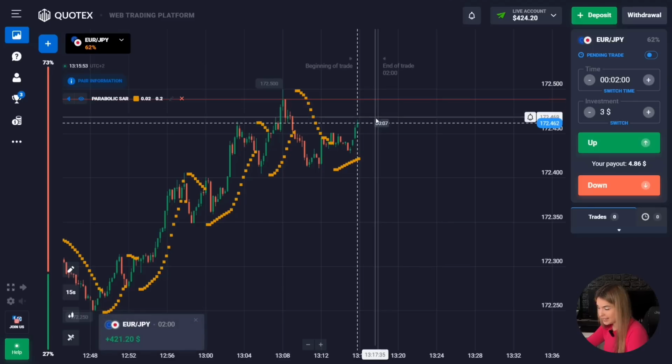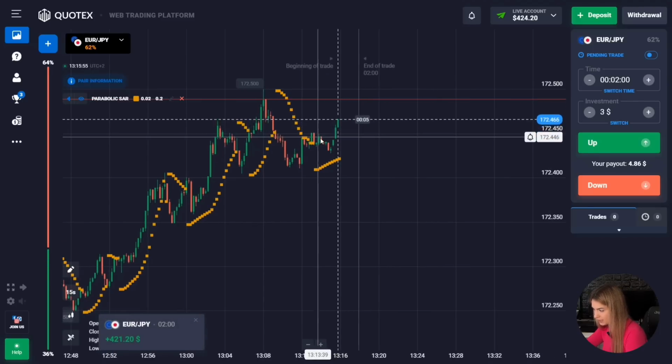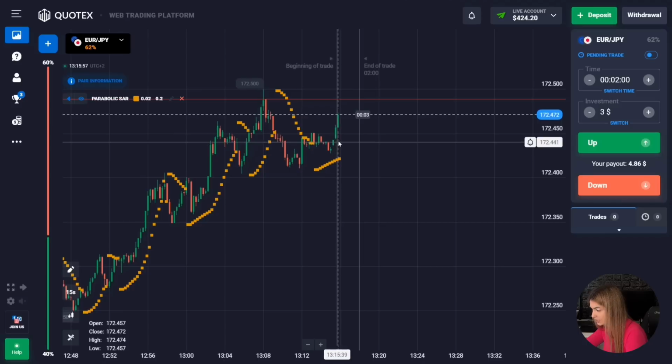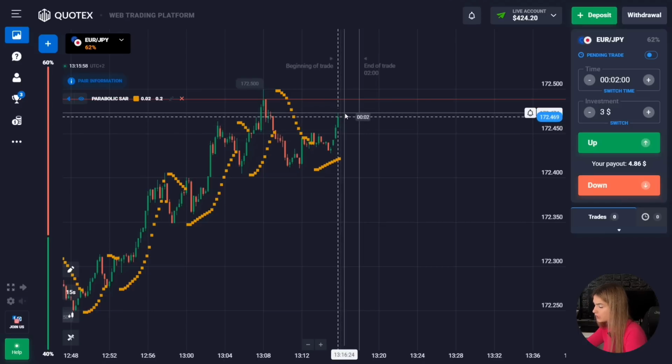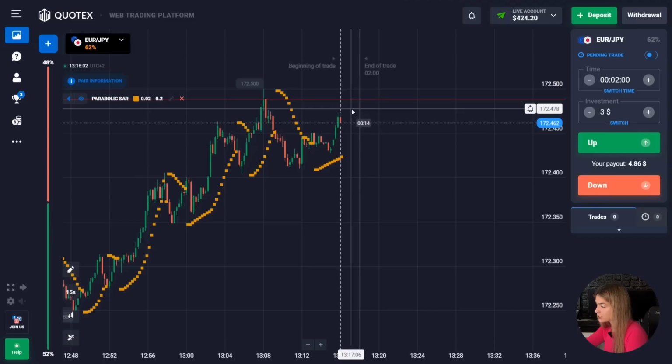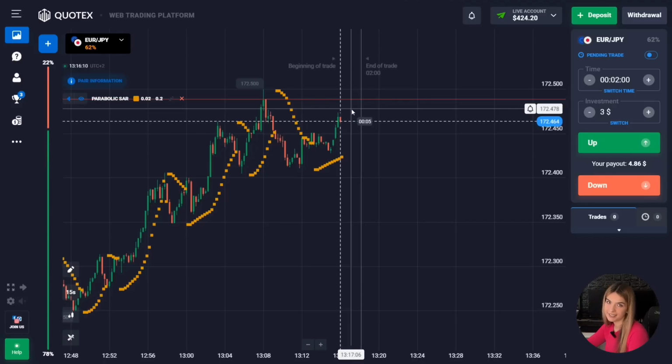Alright guys, not bad. As you can see, indeed after a slight downward pullback the upward movement continued and we made a profit here. 2 minutes was just enough for us guys. We managed to make money with you on this upward movement and the indicator helped us in this. Well, let's continue to find another situation on the market.